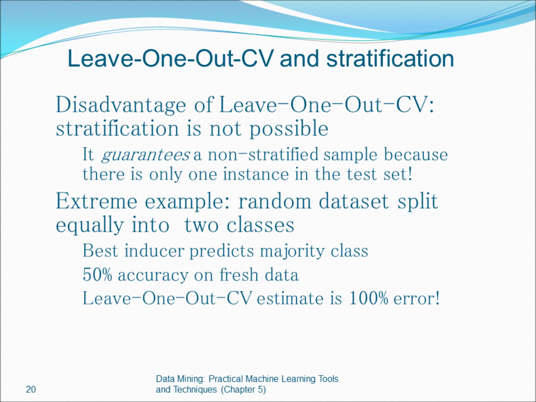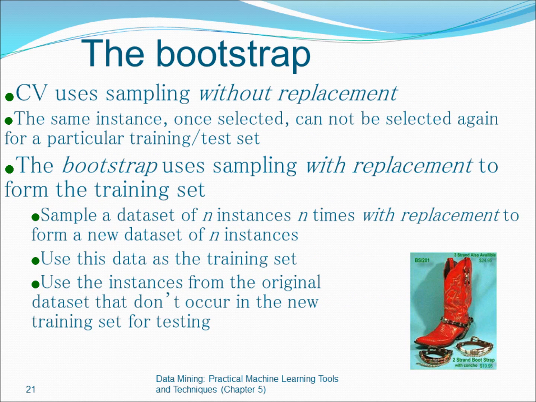But leave-one-out has one problem. You can get 100% error. That's what I said. Let's say you have a random probability for 2 classes, and you leave 1 out, this 1 out in the testing is either all or nothing. But sometimes you have no other choice. That's a good choice.